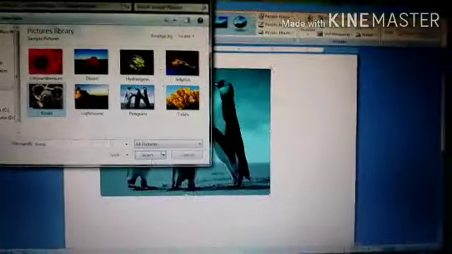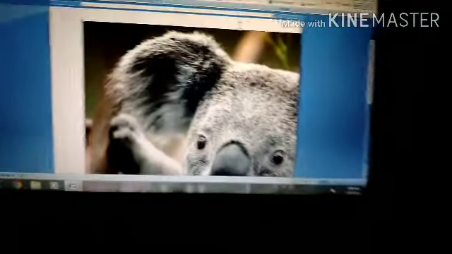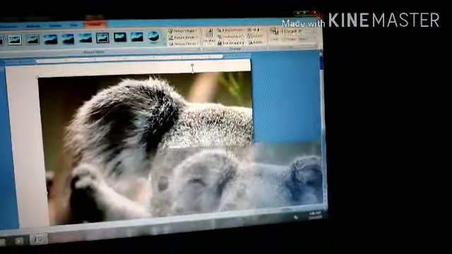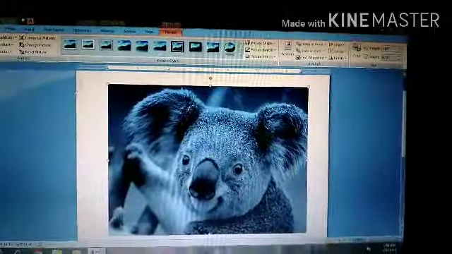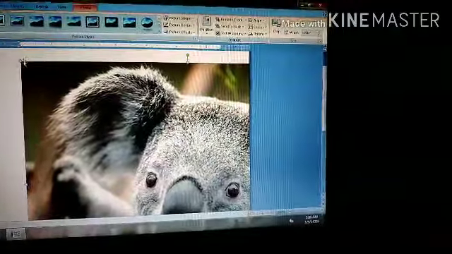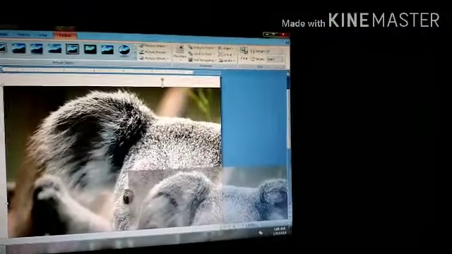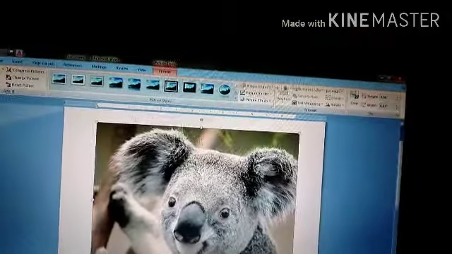I'm just clicking on this picture and insert. Now the picture has changed. If you click on reset picture, all the formattings, whatever you have done on that picture will change. Now I'm just clicking recolor on this picture like this, and whenever I click on reset picture, what will happen? The picture is reset now. Means all the settings which were applied by us have changed.